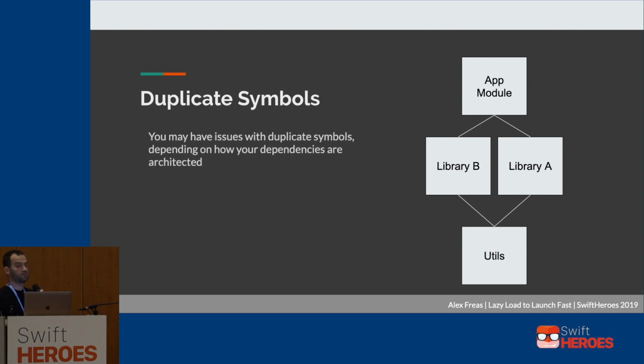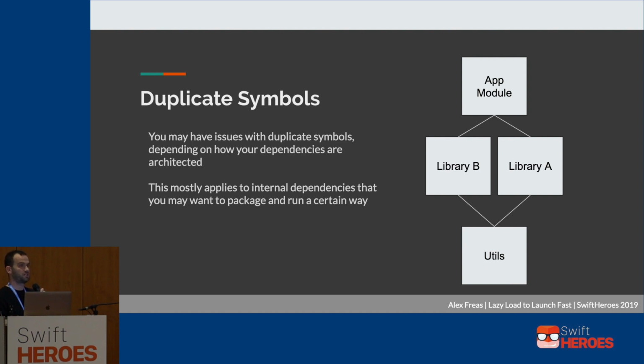Depending on how your dependencies are architected, you may find that if you build a library B and a library A separately to make available to your app module, and in compiling that, you include this utils library, when your app module tries to compile both library A and library B as its dependencies and link them, it will show that all of the symbols in the utils static library are duplicated. Now there are ways around this,